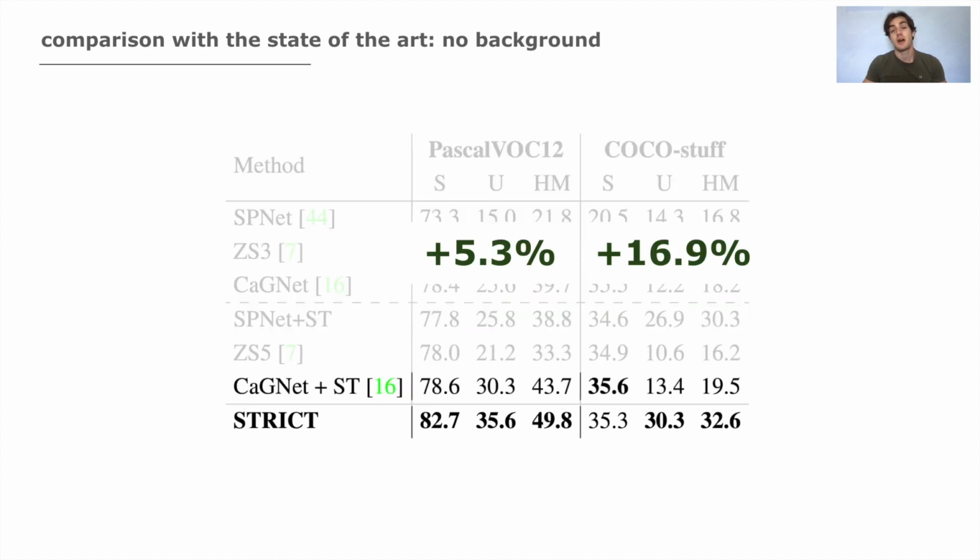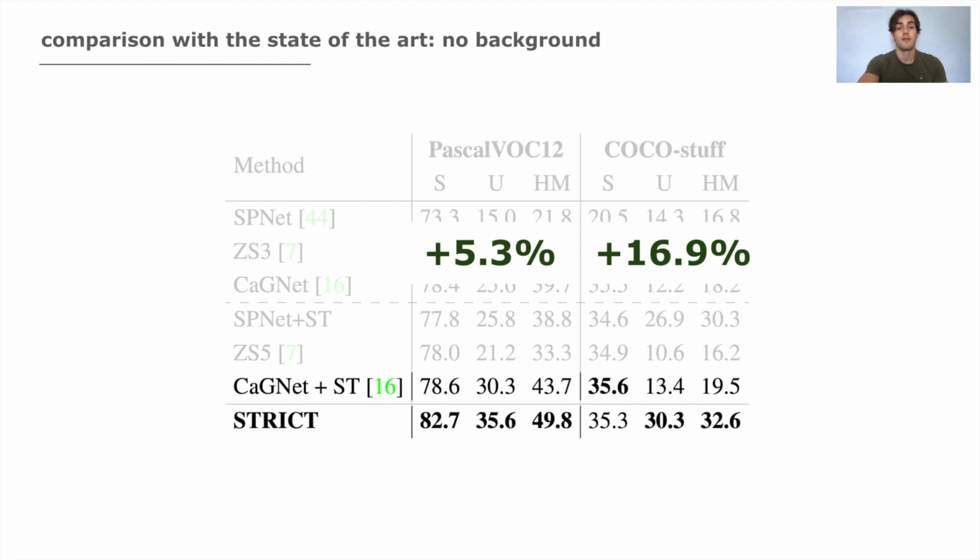These improvements are outstanding, confirming the importance of equipping any zero-label semantic segmentation model with an effective self-training strategy. Note that the self-training approach greatly reduces the bias of the network on scene classes without requiring any calibration factor. It also reduces the pseudo-labeling noise, improving the performance of unseen classes with respect to the other strategies.